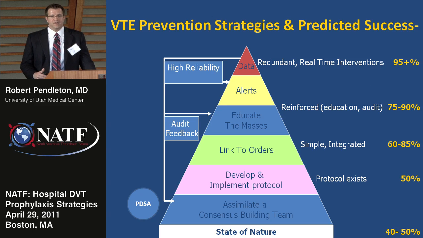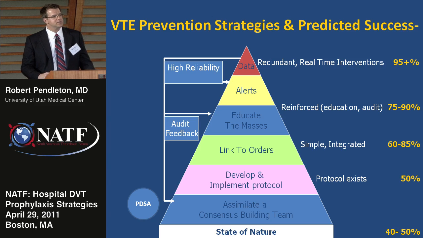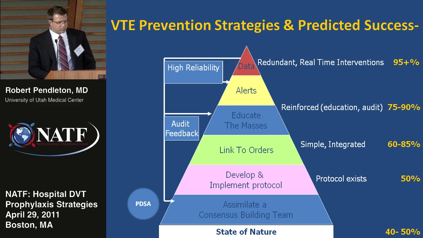But one of the things we have to reconcile with is if we're going to be 95% successful, we have to do all of those things plus be creative about adding other high reliability mechanisms, electronic alerts, an ability to get data in real time and act on that. And so the point of this quality improvement principle number 1 is multiple points of attack are necessary, and you'll see that through all of the DVT award-winning presentations.